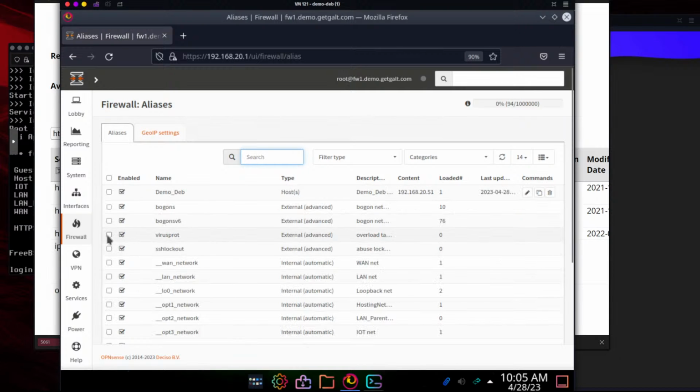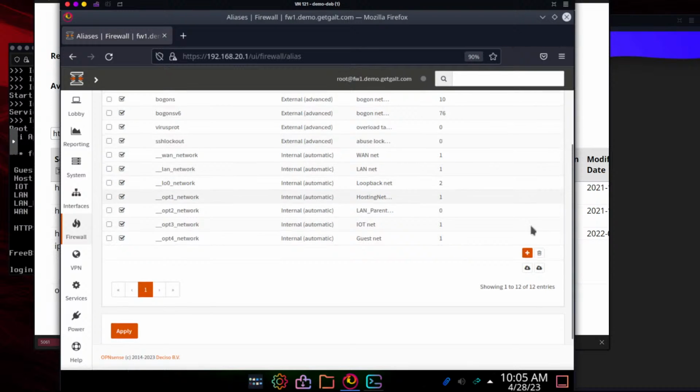However, if we go to add, let's say we want to add a group of ports, so that when we create a rule, I don't have to add individual rules every time I want to allow HTTP and HTTPS. What I can do is create an alias that includes both of those ports, and then I can generate a single rule that allows both of those ports out or in or whatever we're trying to do. So what we're going to do here is let's go ahead and add